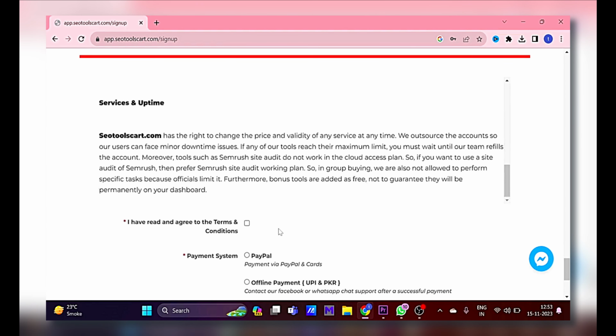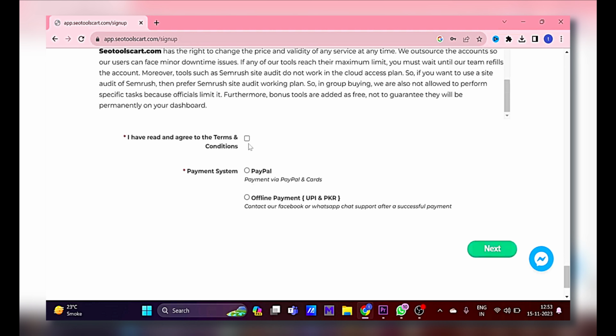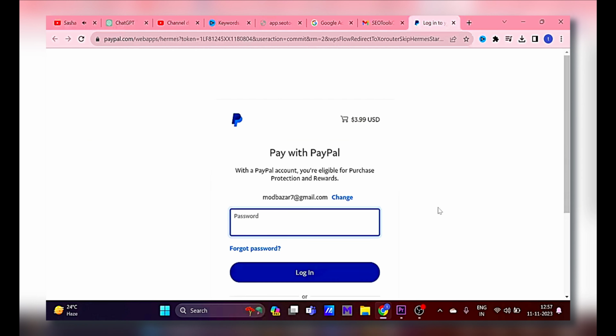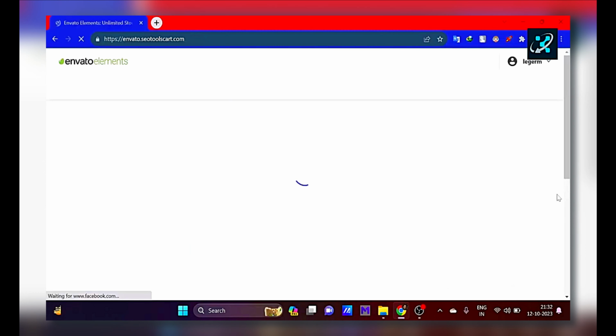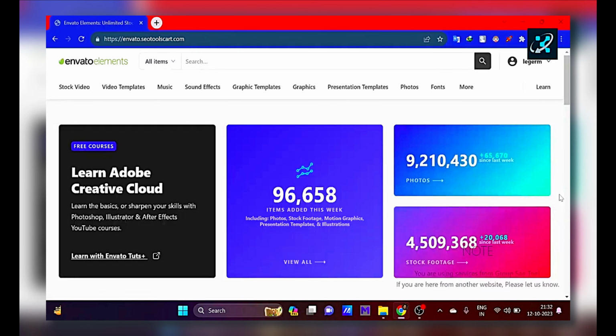Once you apply the coupon code, you'll get the discount. Scroll down a bit more, and you'll see two options for payment. The first one is PayPal. You can click on the PayPal option, then you have to pay. After you pay, you will get instant access in your dashboard. If you have any problem in making payments or about your product, you can just go to chat support and they are